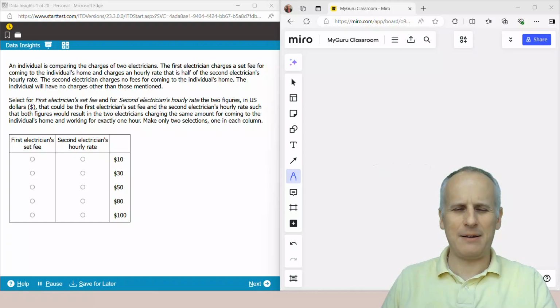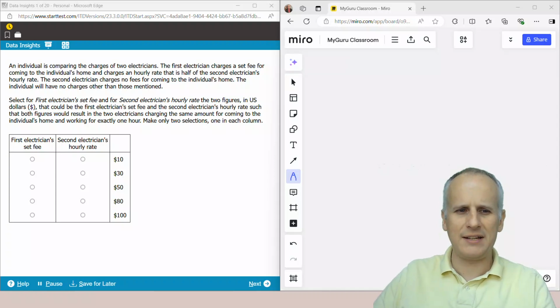Here we have a sample data insights two-part analysis question from one of the official GMAT prep tests. So this is exactly what you can expect to see on the official exam. And when you're presented a two-part analysis question on the data insight section, you want to figure out what you're being asked for first. So we can literally just skip down to the table and take notes of what this